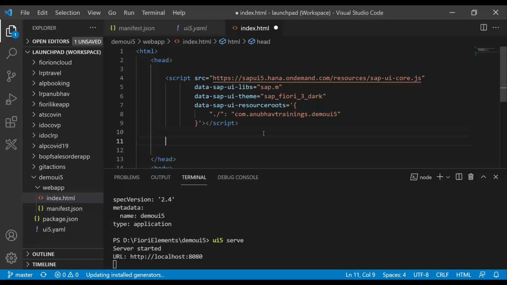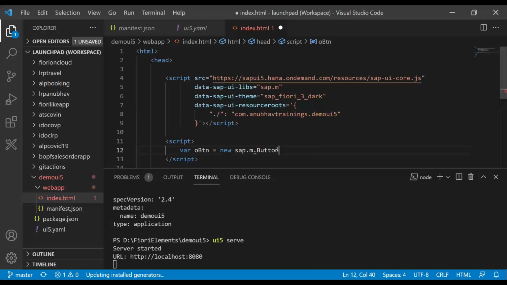Now, once this is done, let's create a button. So we will use a script tag and create a button object here. var oBtn, new, I will create an object of a class. So I use the new keyword to create an object of a class. I will now use the SAP mobile library which I imported, and this library has a class called Button. So how do I know that there is a Button class? Why is it not called input? Why is it not called